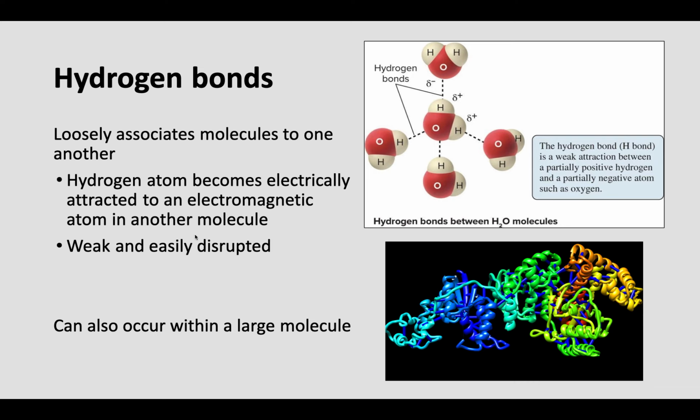not super strong. They can also occur within a larger molecule. We're not going to go into this too much, but I want to throw this out here. If you've seen these fancy pictures, a lot of chemists will have them in their slides, diagrams of a protein or something, and they have this 3D structure going on where there's twists and loops and turns. Hydrogen bonds can become important in creating those 3D structures. Now, they're not the only thing that's going to necessarily create those 3D structures, but they're very important in some of them.